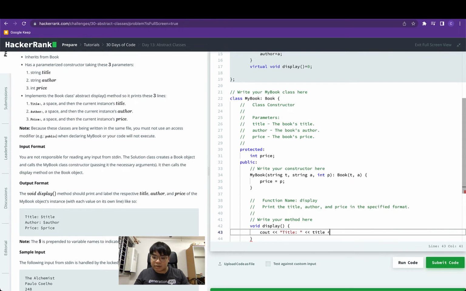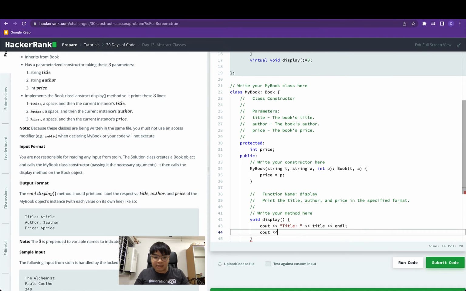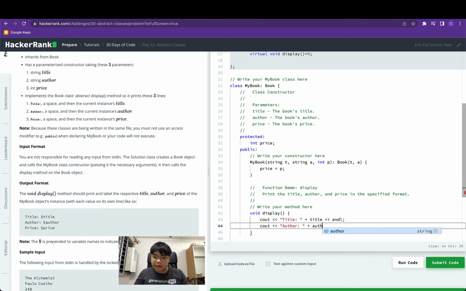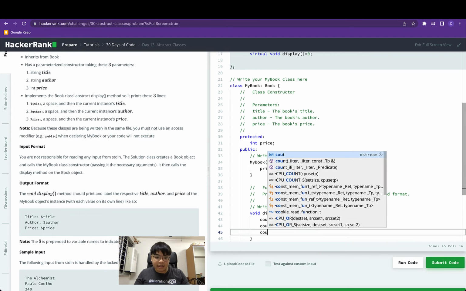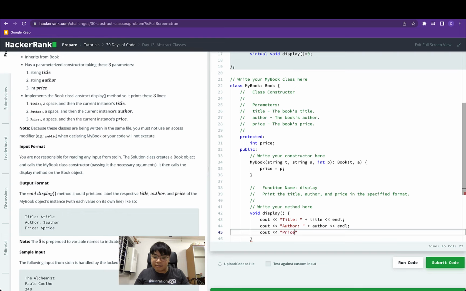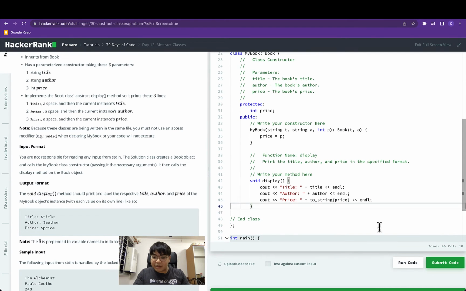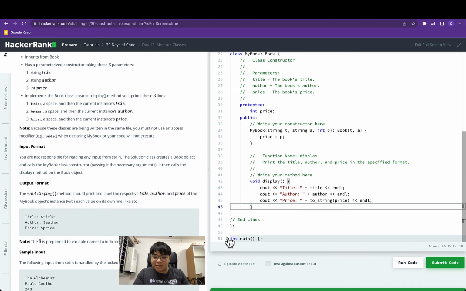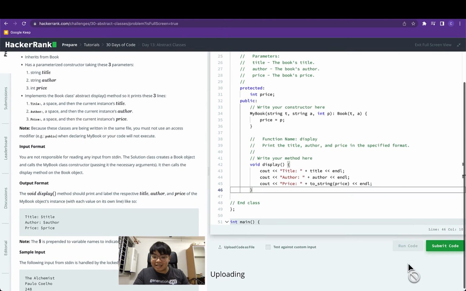So let's do title followed by endl, cout, author, sorry, I guess I made a mistake here, followed by author and endl, and finally for the final line, price, followed by toString. We are casting the integer of the price attribute before we print it out, and with that, we're done with this implementation. So let's try running this,